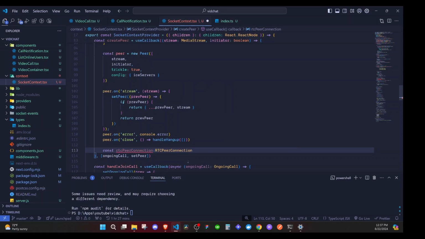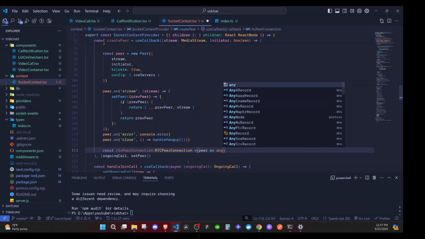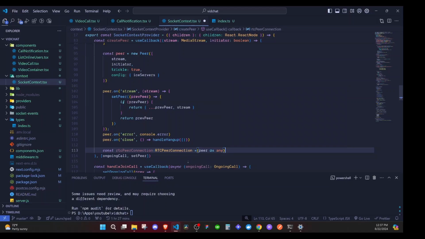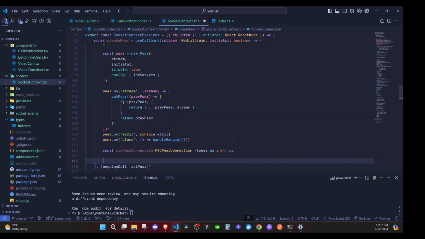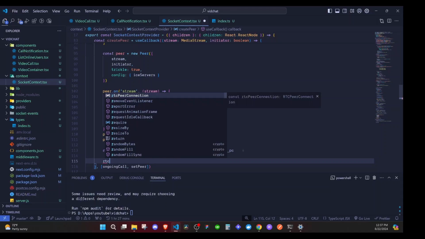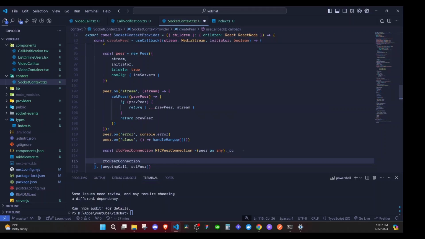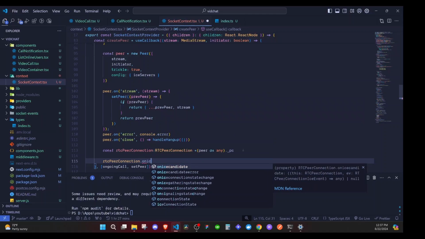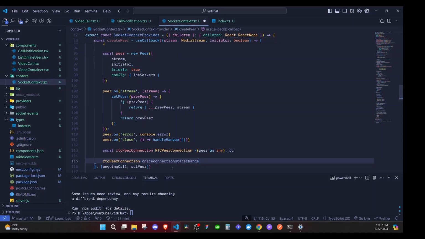Right here I'll just say const, and we'll have RTC peer connection of type RTC peer connection, this one, and then we'll say this is equal to peer as any, to bypass any TypeScript issues, and then right here I'll say dot PC. So this PC holds the connection, so we get that connection right there. And then now right here I can say RTC peer connection, then dot on ice state change. This is the change of the ice servers,